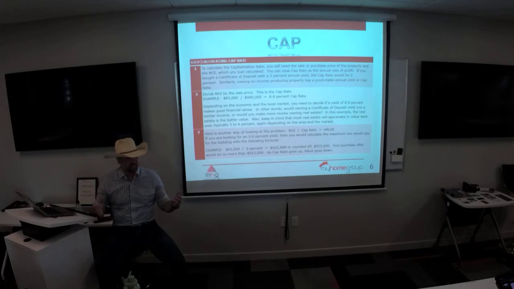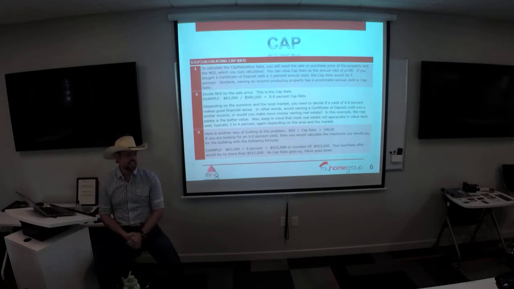genre, because there's kind of different classes, A, B, C, D. And we'll say, hey, what are these trading at and where those caps are? For us, being in it every single day, we have a good feel on it to be able to just go, hey, this is a 6 cap, this is a 5.5 cap. But to verify that, if we have a client that's like, hey, that seems a little low or a little high, then we can pull the analytics and give it to them and say, hey, look, here's 10 other properties that are either on the market or just traded, and here's what they went at,